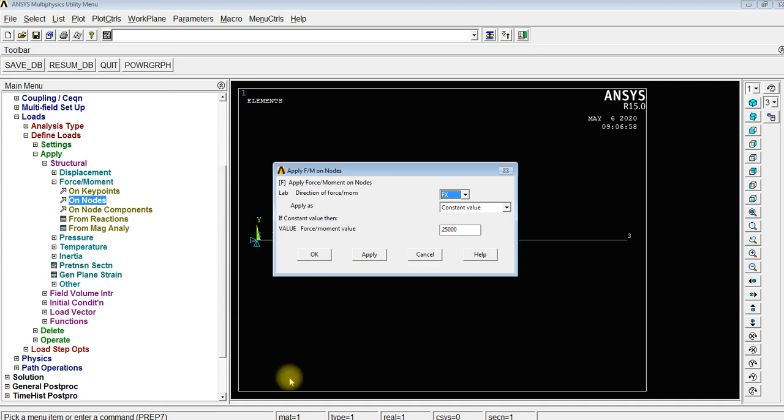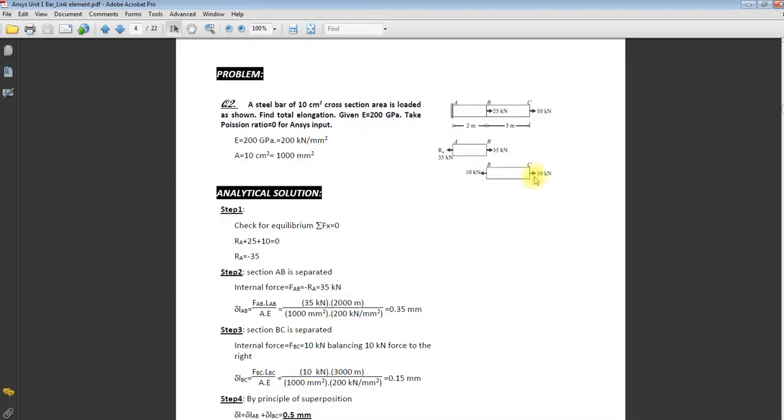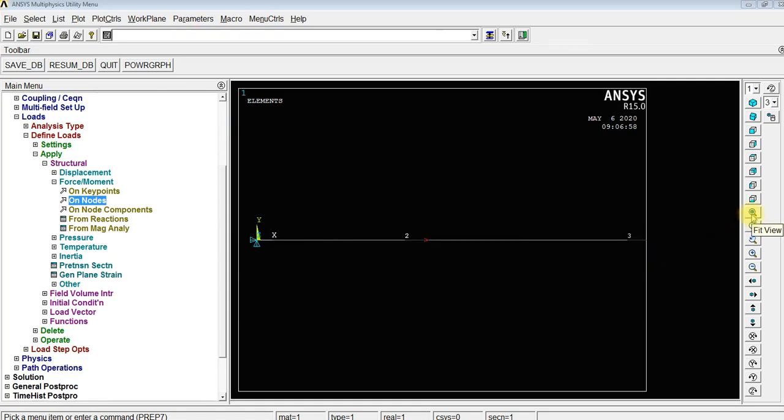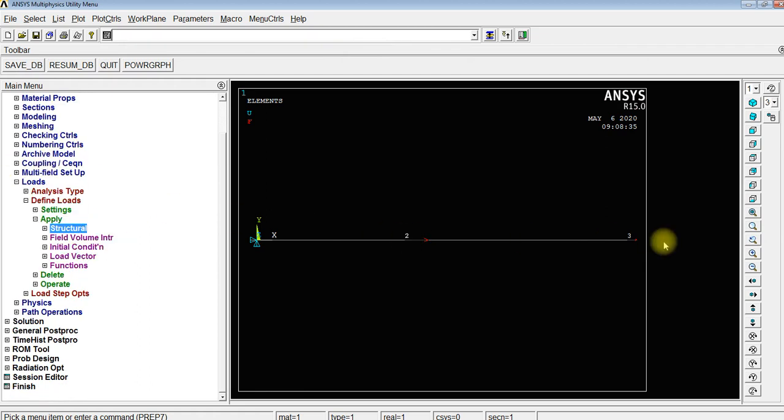Its value is 10000 Newton. Okay. So this is the bigger arrow, this is the smaller arrow. This red arrow indicates our load value. So our model is complete. Our whole definition is complete.